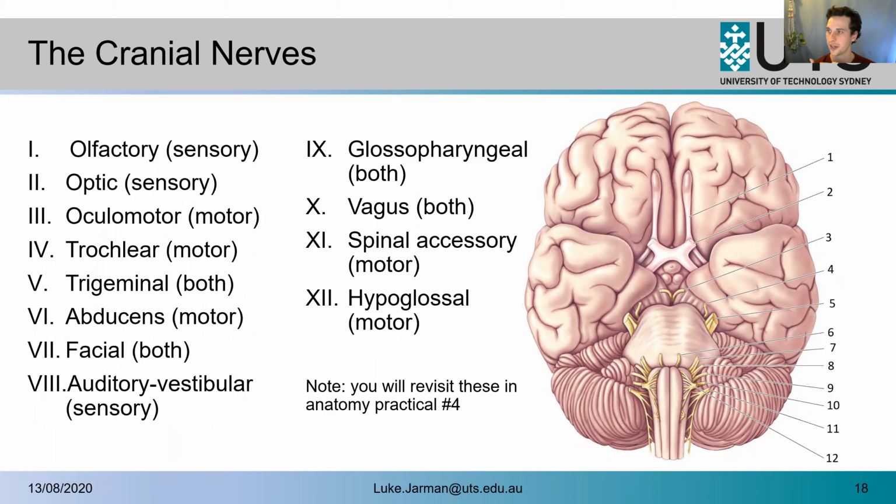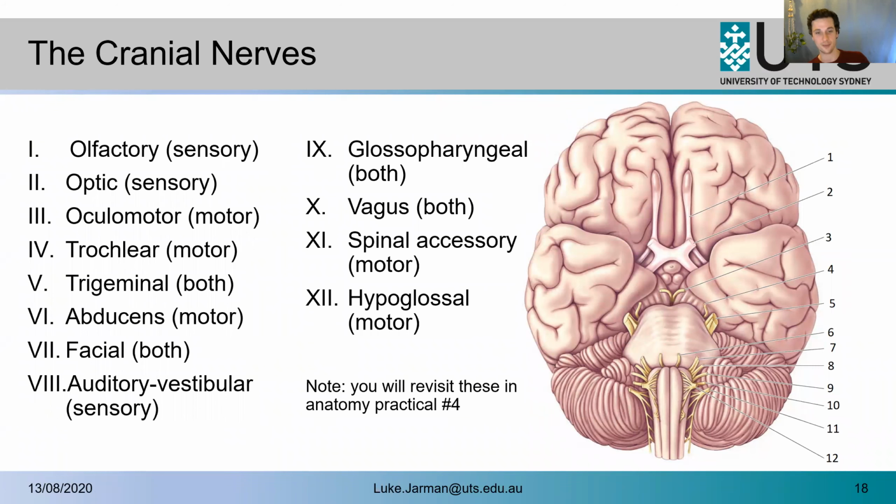I would find it generally helpful to do a little bit of research on each one. Just a quick Google search: what is the vagus nerve? The vagus nerve is really, really important. It's involved in so many things. We used to say that if you had a question asking what nerve does this, and you really weren't sure, you can just guess vagus because it's involved in so many different things. But don't worry too much about